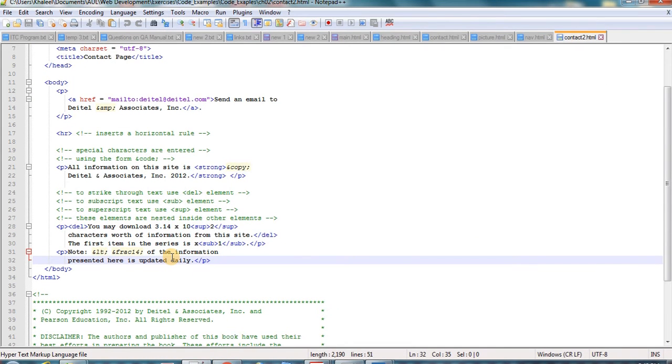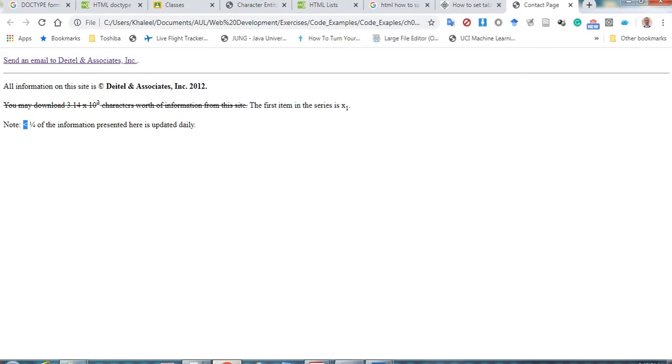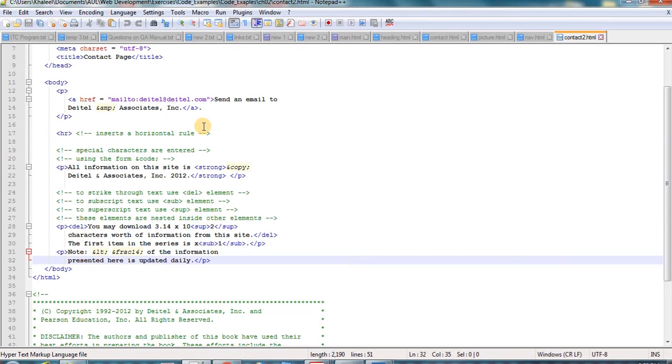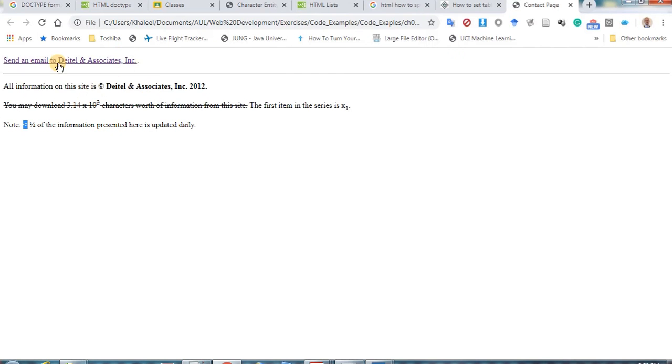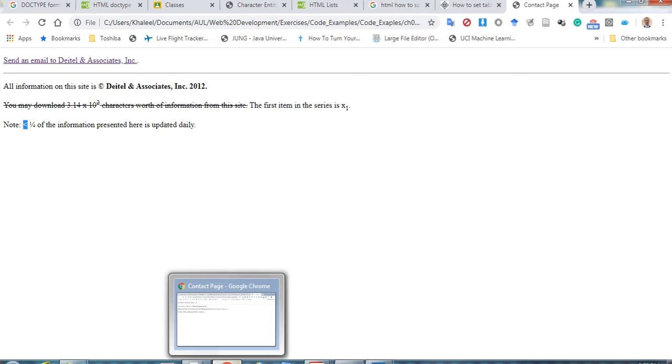Okay, you can see in this web page some of the important style formatting that can be used in HTML. For example, this here is a hyperlink. We have talked about hyperlinks. Because we are putting all of this sentence, which is "send an email to title and associates", inside an HTML element, it will become a hyperlink,